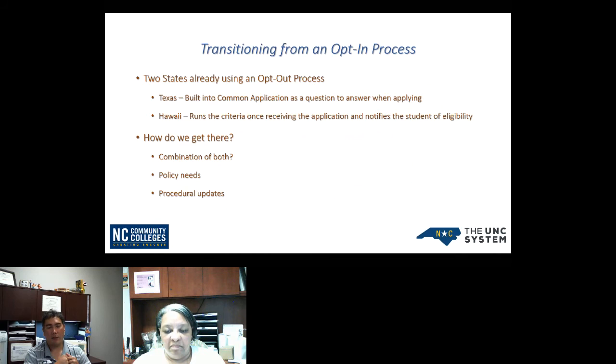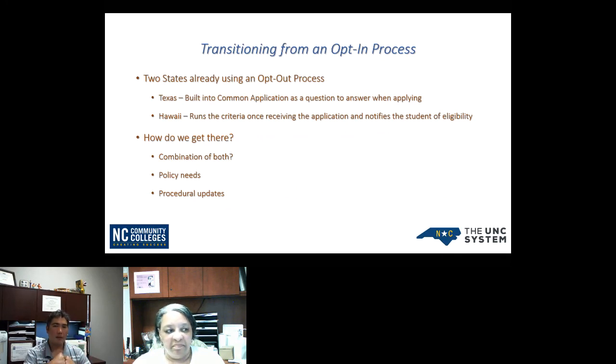One of the things that I have working with us for is the policy considerations. What are the things that we have to figure out policy-wise to implement an opt-out process, because it hits so many different areas. The same with our procedures. Do we implement a reporting piece where we actually notify the student prior to them opting into the process? Or do we just let our application actually run all the work? And so that's what brings us into this future of